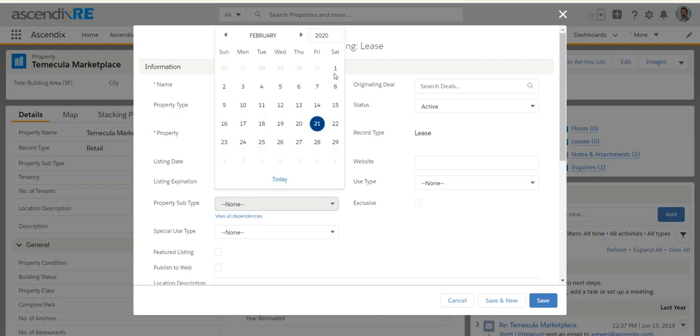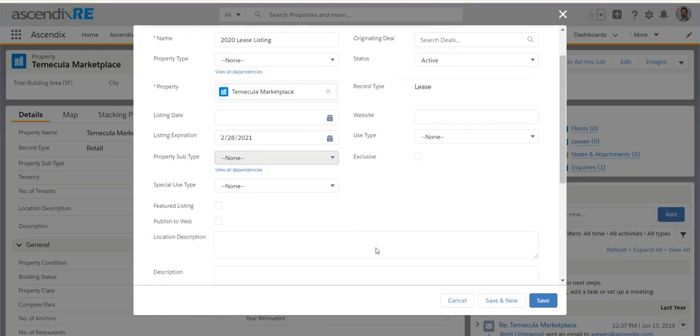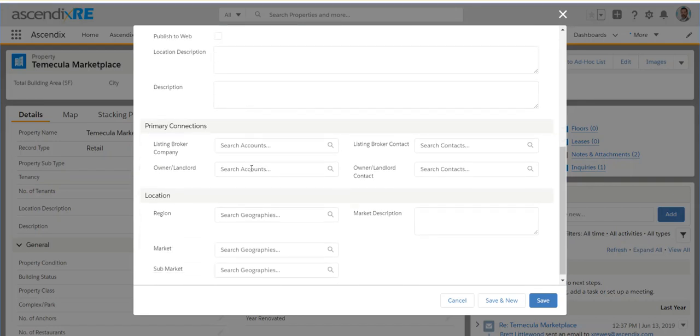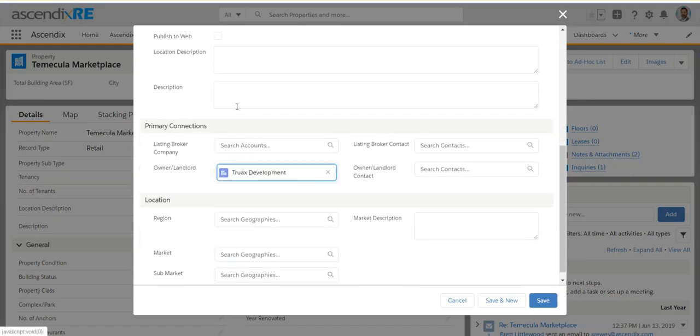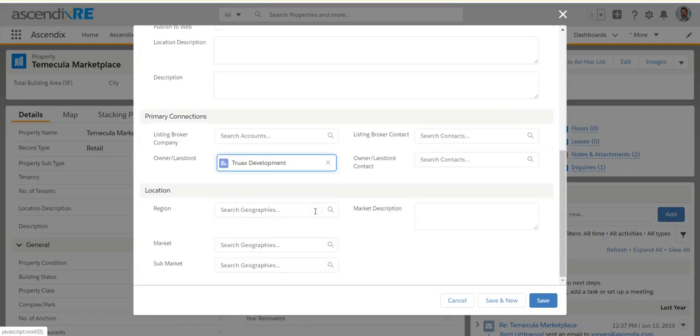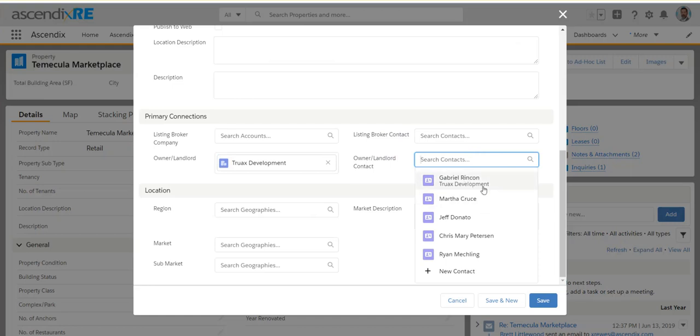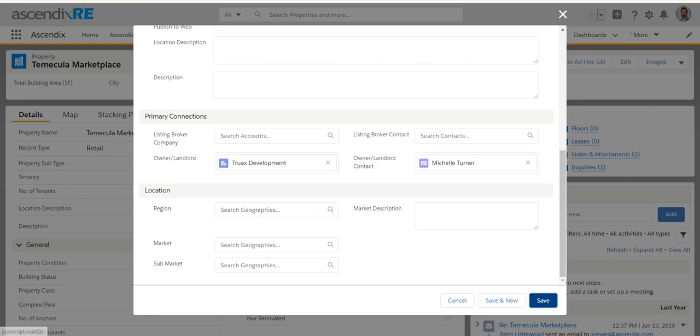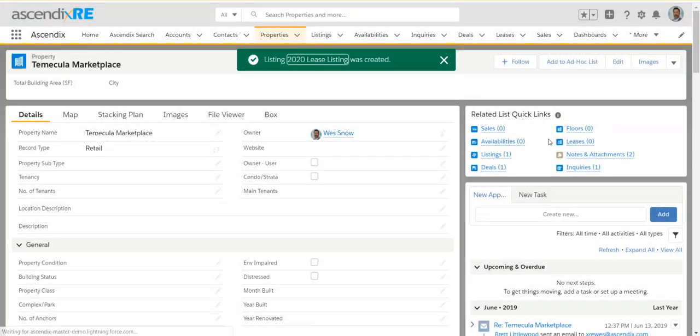You could indicate when that expires so that you have that in your view when you're trying to make sure everything's organized, and then connect again, Truax, or essentially who you are, which is the listing broker company and the contact, your brokerage and your name, your contact record. And that listing record is there to do a few things. Again, because it's the agreement, it allows you to really connect everything to that listing, because that's what you have an obligation for. So I'm just going to go ahead and save it so we can take a look at